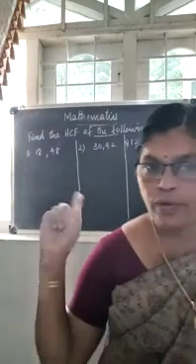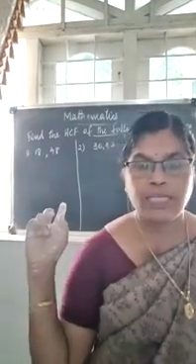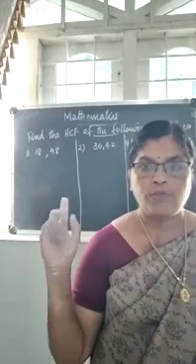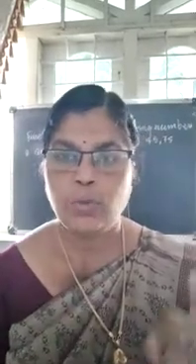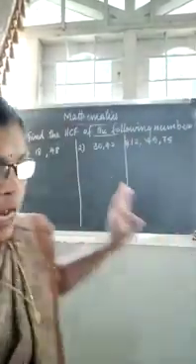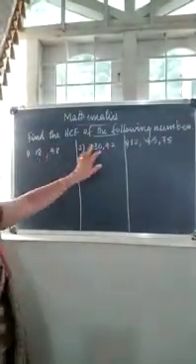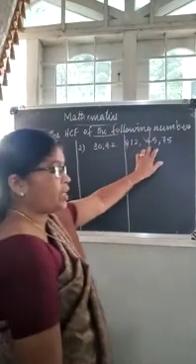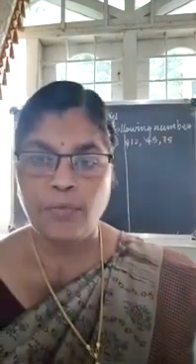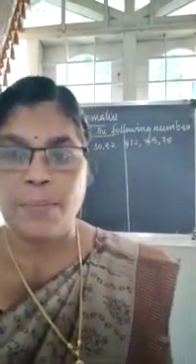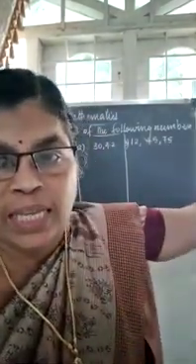Children, let's try to find the HCF, that is the highest common factor, of the given numbers. For finding the highest common factor, at least two numbers should be there. Here I have written two numbers, again two numbers here, and here I have written three numbers. For three numbers, we have to find the highest number by which we can divide all three numbers.